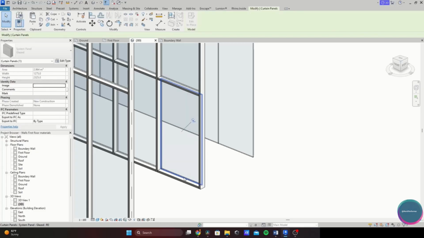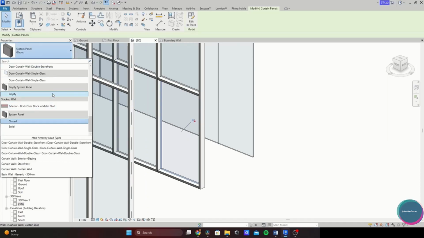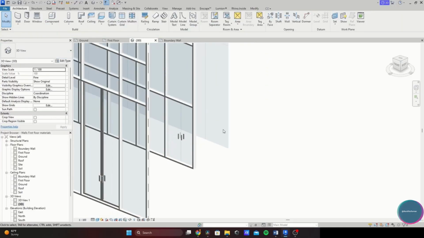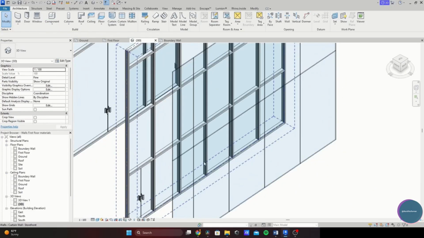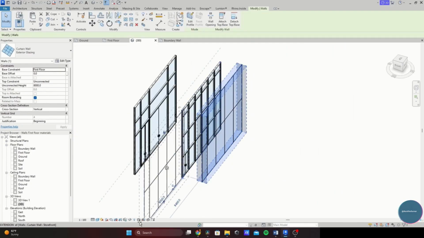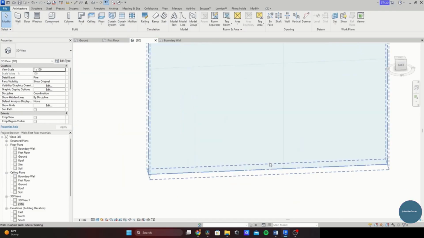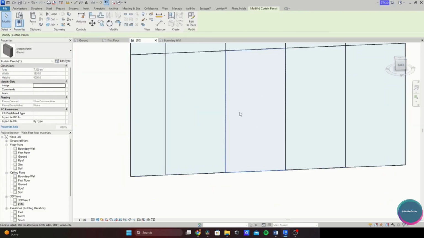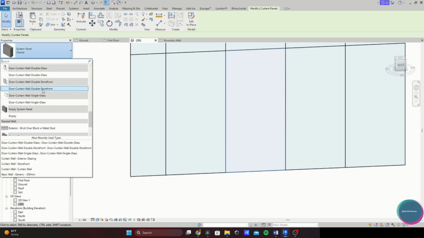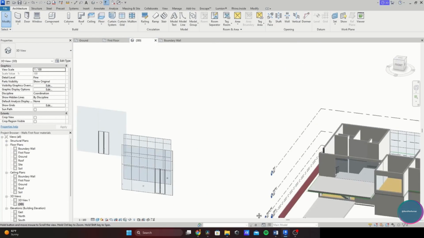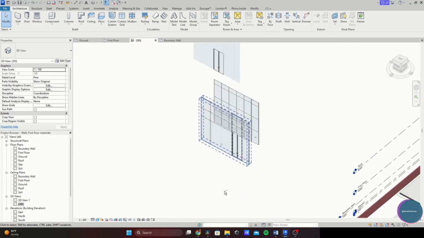Now I've selected this. I'll just uncheck it and I will go in here and place a curtain wall door, simple. Now, the same goes for our exterior glazing. Let me show you. I'll just hover over the glazing wall that I want to change. I'll click Tab, Tab, and again a few times. Now I have my glazing selected. Click on it and just select a door there. And that's it. That's how you place doors in our curtain walls.